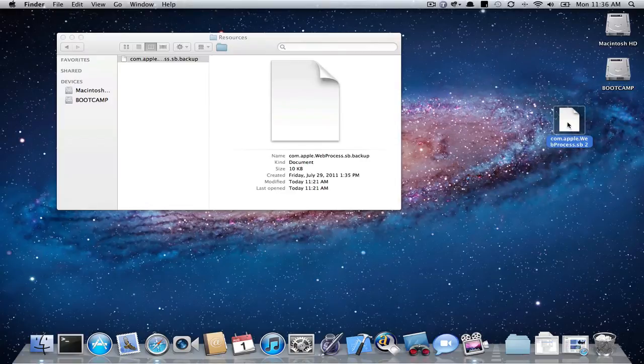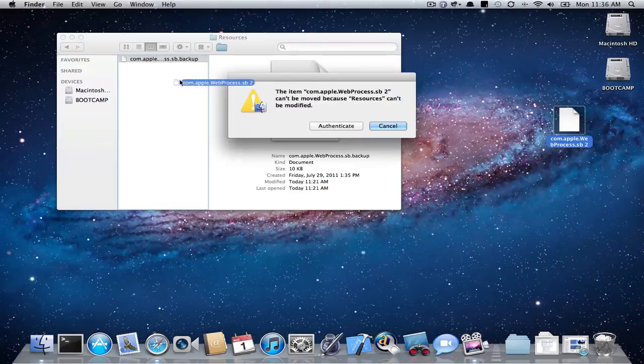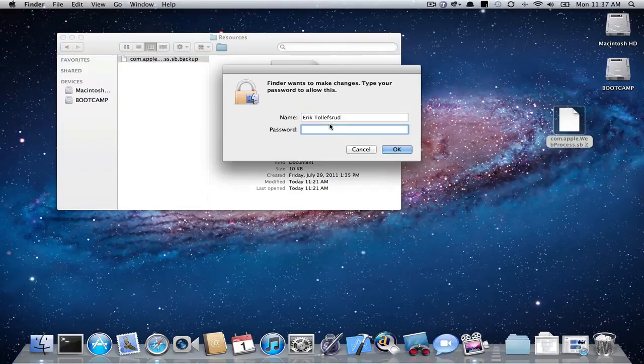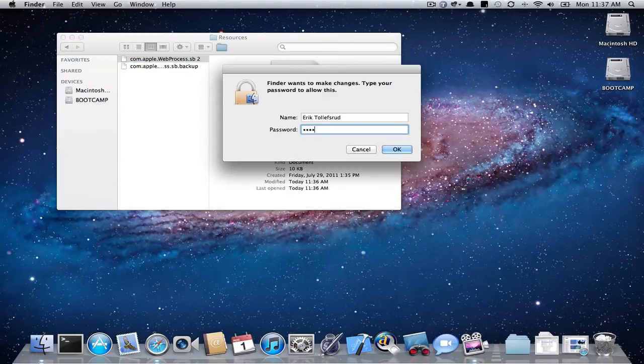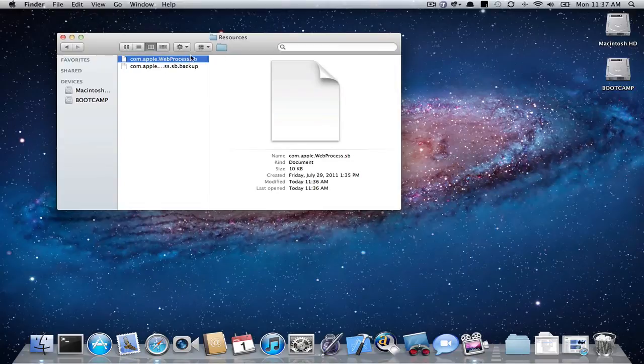Alright, so we have to move this file into the resources folder, so we'll just click and drag, and it will ask us to authenticate once more. And that should be all you need to do. I need to do one more thing, because it needs to be this exact name. It needs to be com.apple.webprocess. Take careful note of the capital W and capital P, and finally .sb, which is short for sandbox. Once again, I will need to authenticate, and there we go. So we have